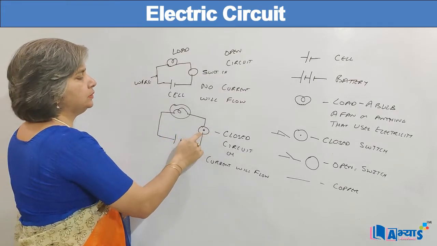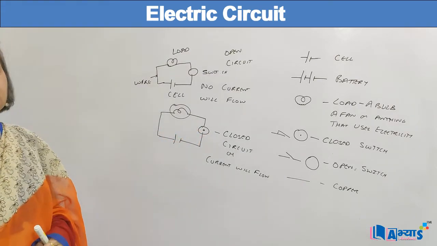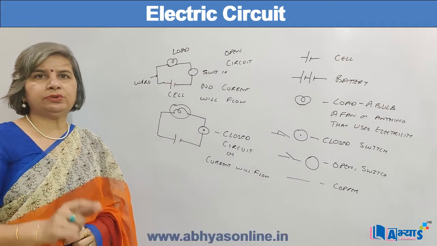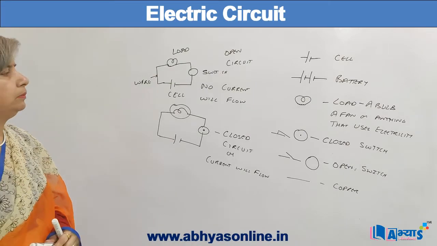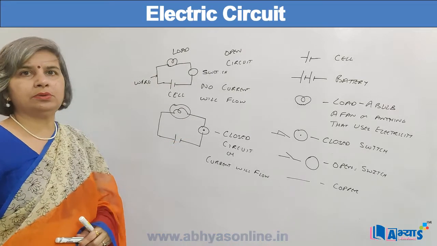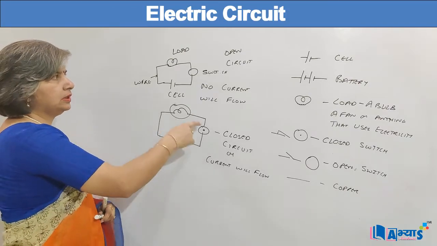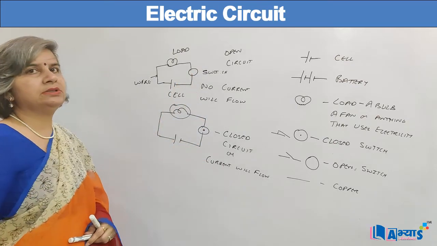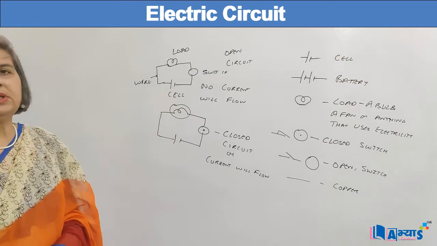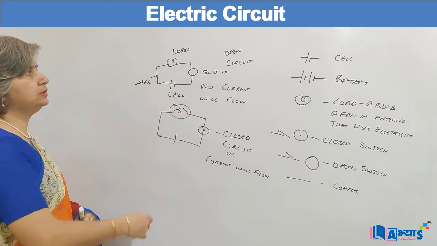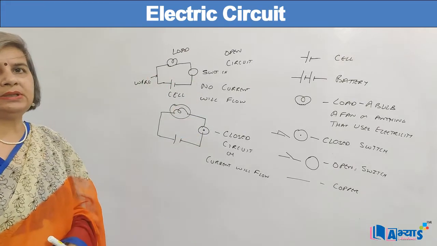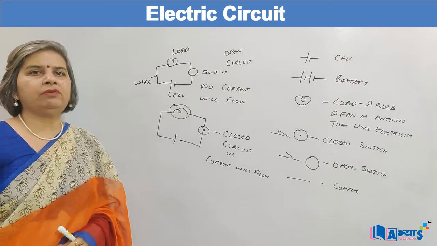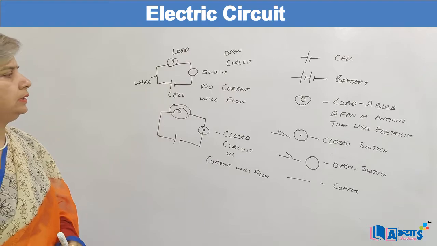When we place a switch with a dot in the center, it is a closed switch. When the switch is closed, that means in the normal day-to-day life, when we switch on the electric fan or a bulb, in that situation the switch is said to be closed, or we can say it is a closed circuit. And when there is no dot in the switch, that means it is the off state of the switch, and in this case no current is flowing, so this is an open circuit. So we can say in an open circuit no current will flow, but in a closed circuit the current will flow from the positive terminal to the negative terminal.